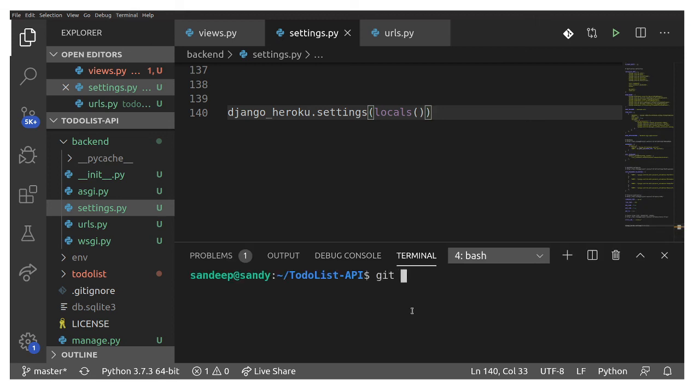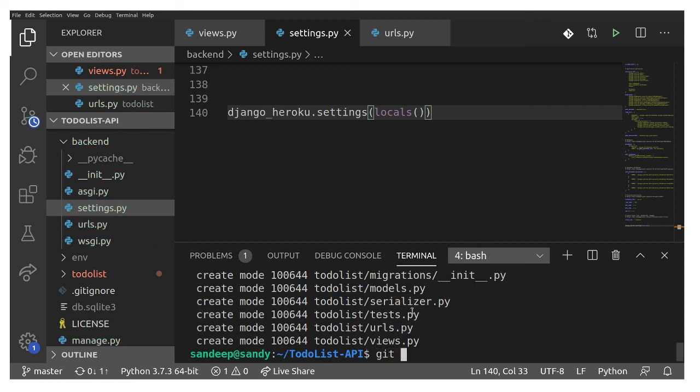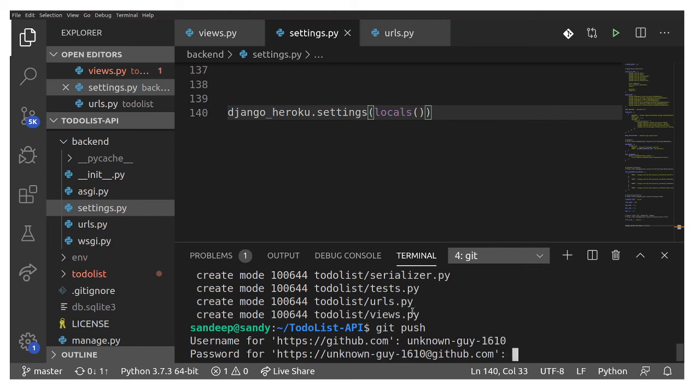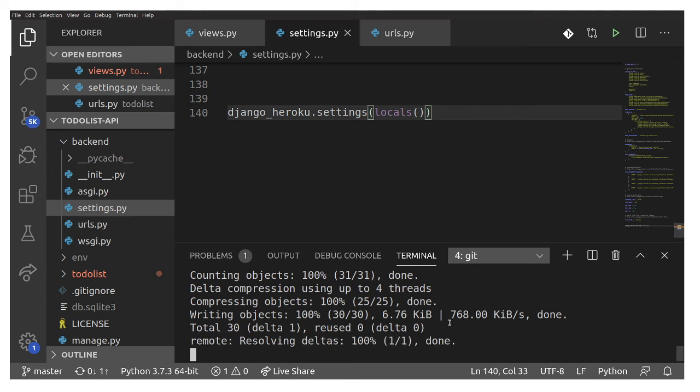So just type git init. If git is configured, then git add, git commit, initial commit, git push. This is my username and password, and that's it. Once you're done with this,